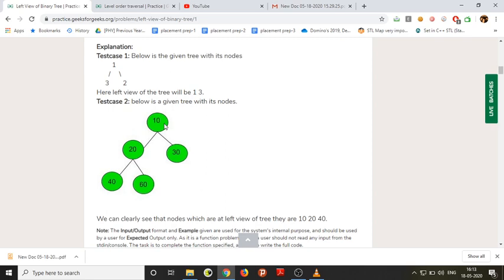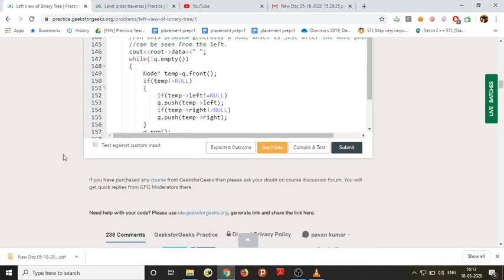Then after 10, when we are accessing null, we need to again push the null into the queue. Because when we reach the null of a level, after the next level, the children of our level will all be pushed into the queue. So now we should again add null.